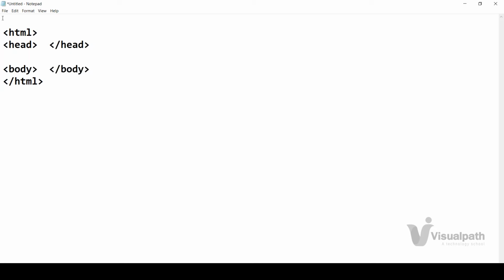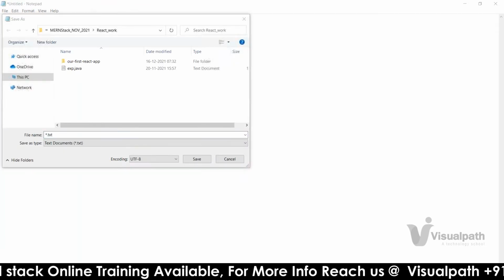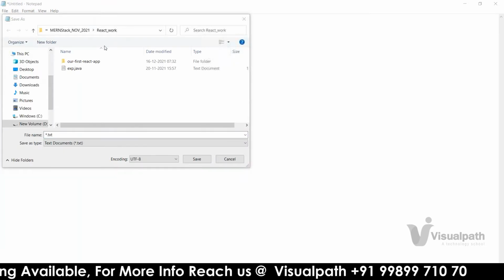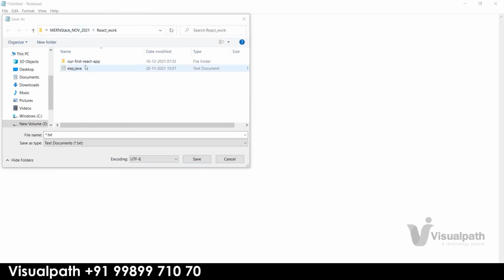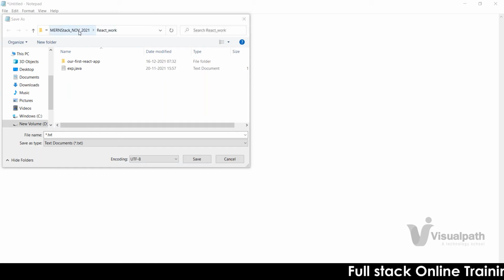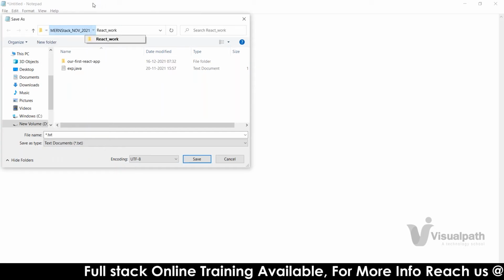So fine. Now, the important thing is we have to save this file. Clear? Click the save option here, and where is it saving? Just concentrate on it. See, if you look at this, it is storing in some location called Manstack November 2021, which is not our batch, right? React Code, something else. Our batch name is full stack development, which is the directory I gave here.